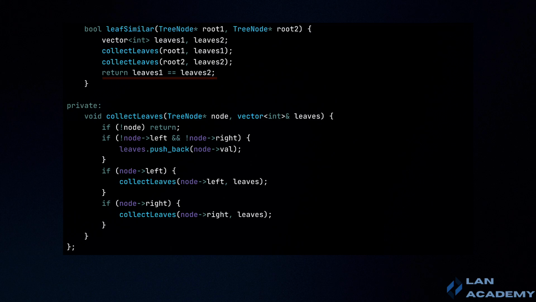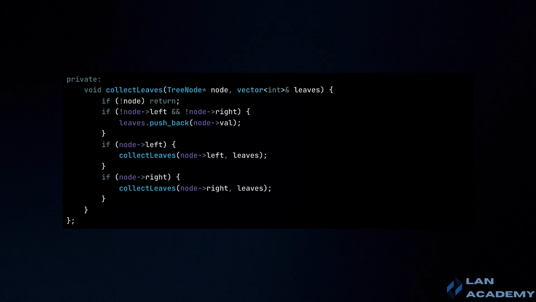The collectLeaves function is designed to traverse the binary tree and collect the leaf values. Since it is a void function, it doesn't return any value, but instead modifies the leaves vector passed to it. If the node is a null pointer, the function terminates early because this indicates that the tree is empty or we have reached the end of a branch. If the current node is a leaf, meaning it has no left or right children, its value is added to the leaves vector. This step is crucial for gathering the leaf values from the binary tree.